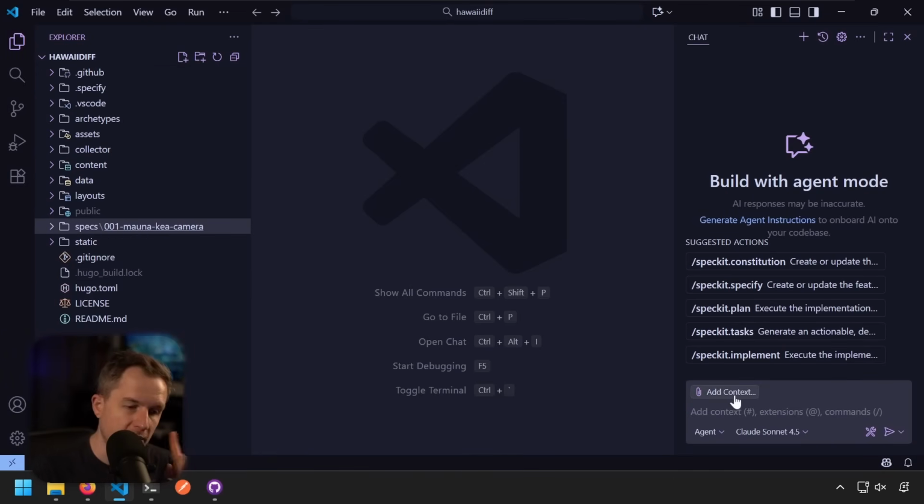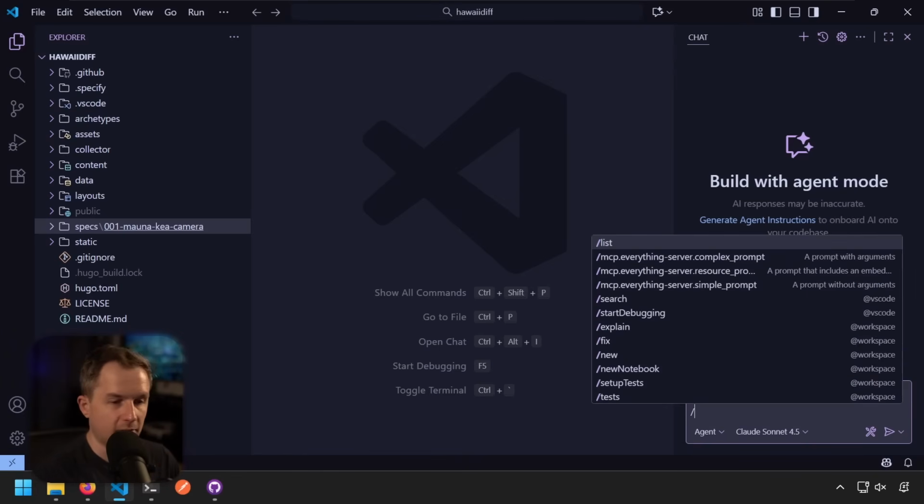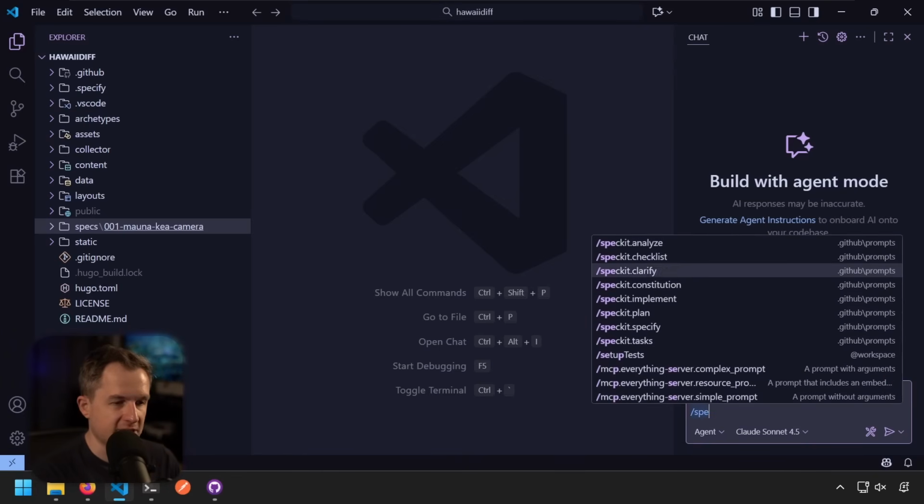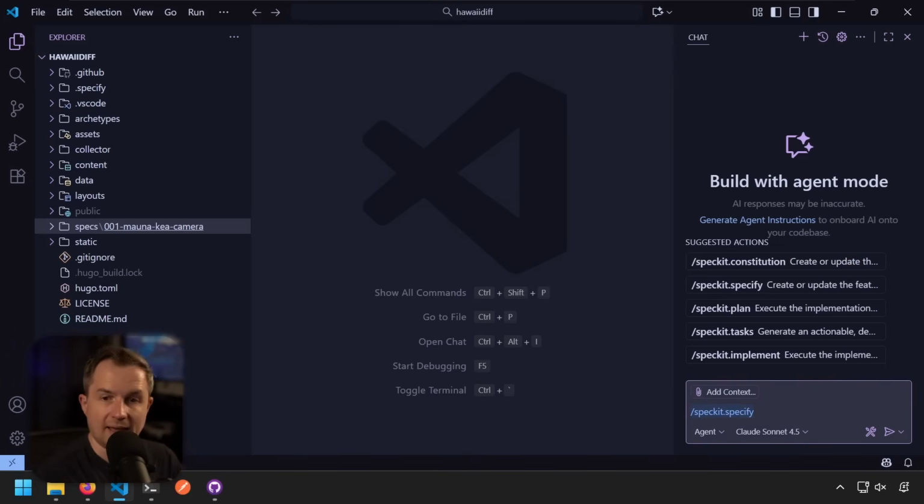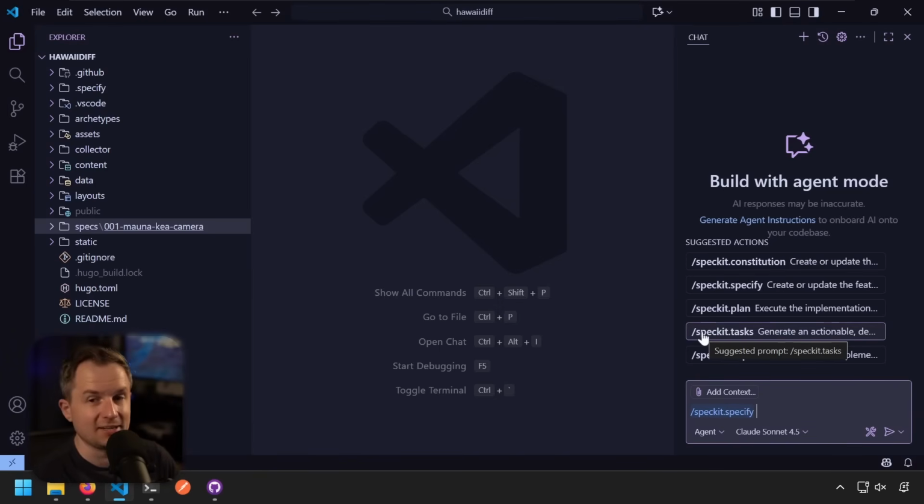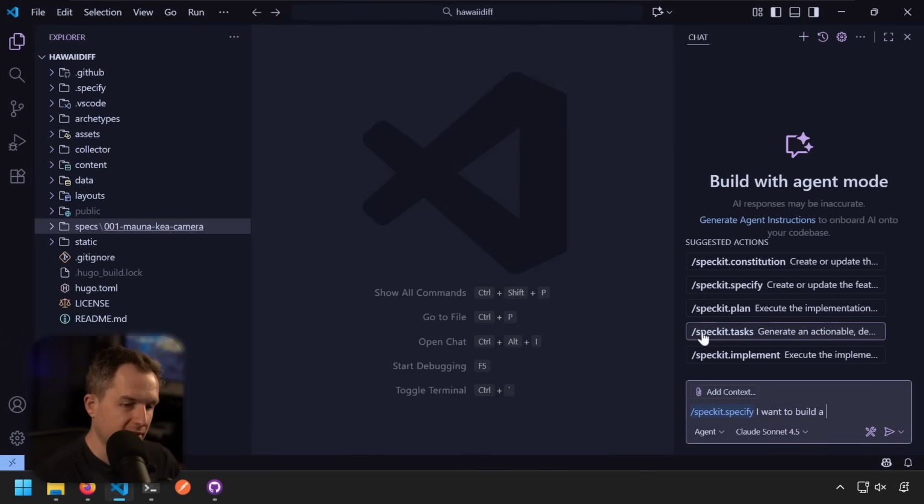But what we want to do is add a new feature. So I want to do speckit.specify. Here I'm going to specify the filter capability that I want. I'm operating on the main branch right now, but don't worry, because this capability is going to automatically branch off for me. So we're going to do speckit specify, and then I'm going to say I want to build a